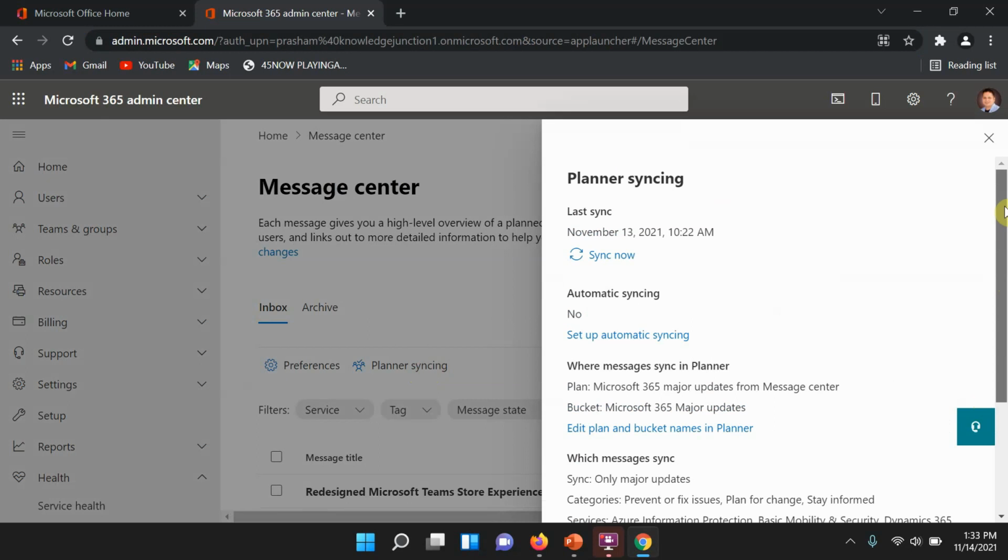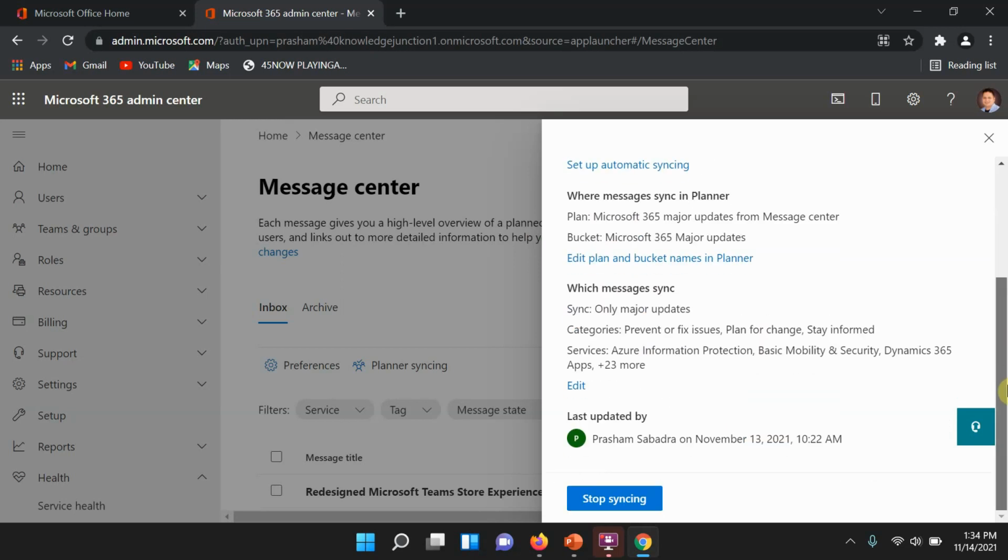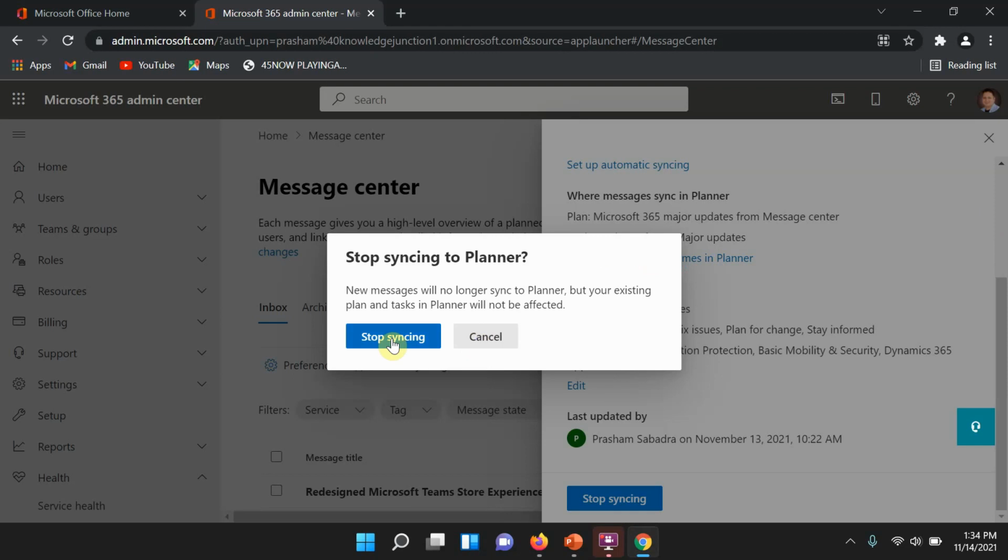Since it is not scheduled, we could directly sync now, or we could create a new plan. For now, for my existing planner, I will stop syncing, because we will do it from scratch. Stop syncing.